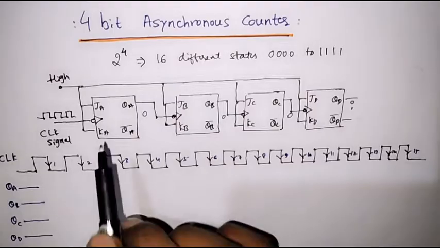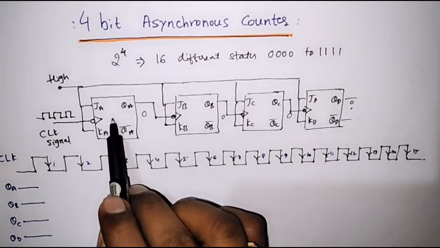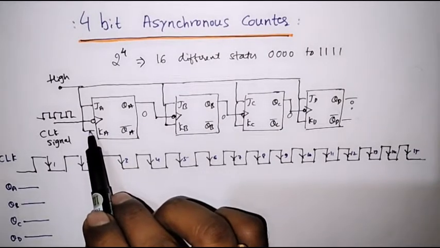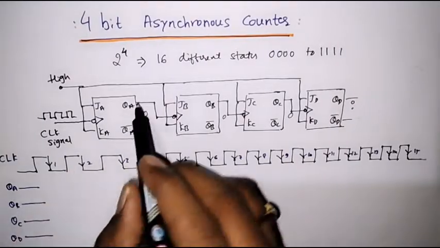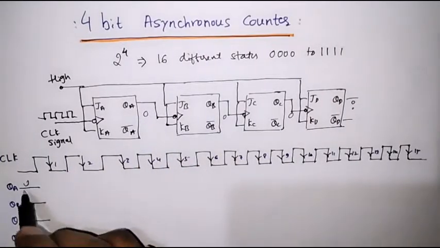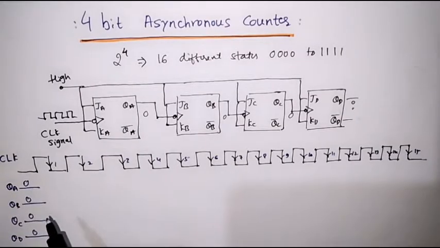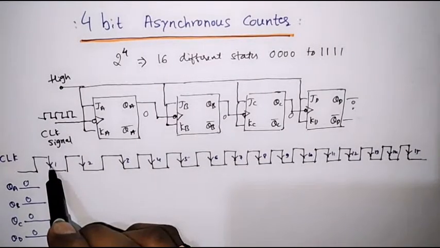Now we'll concentrate only on the first flip-flop. As we know, we are using a JK flip-flop here. When both the inputs are 1, 1, the JK flip-flop will toggle. Initially, we have assumed that the output of all the flip-flops is 0. When the clock is 0, it means no clock has arrived, and the outputs are 0. When the first clock pulse arrives,